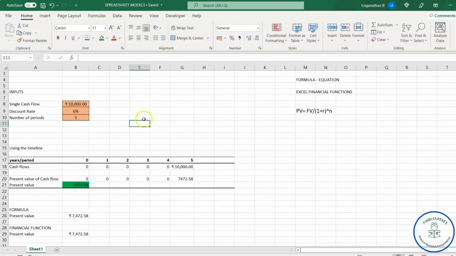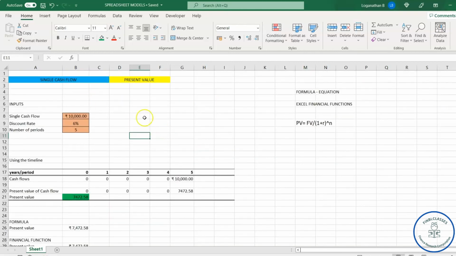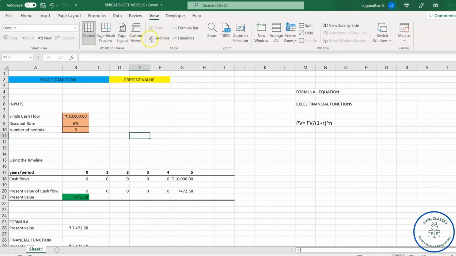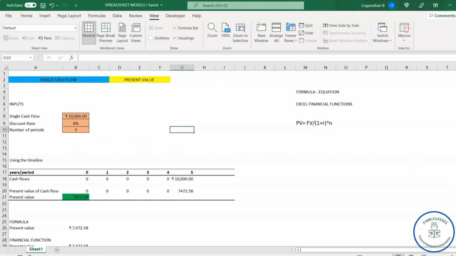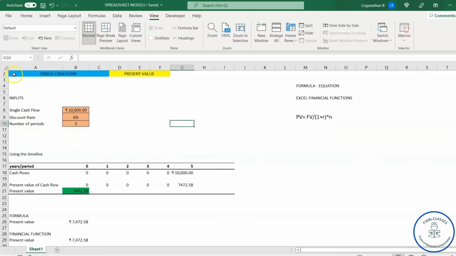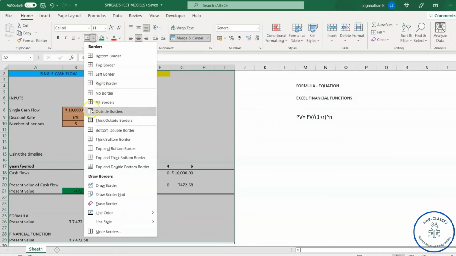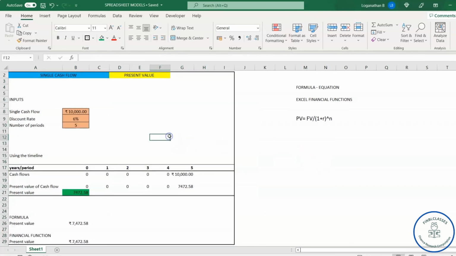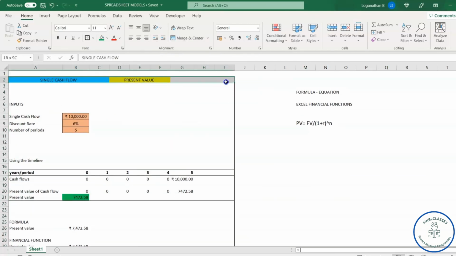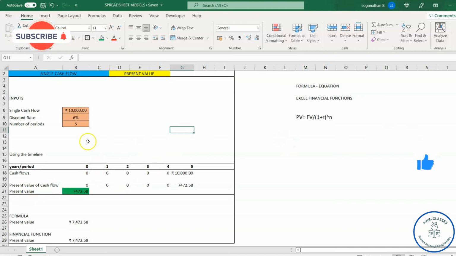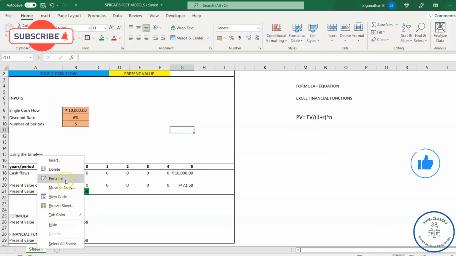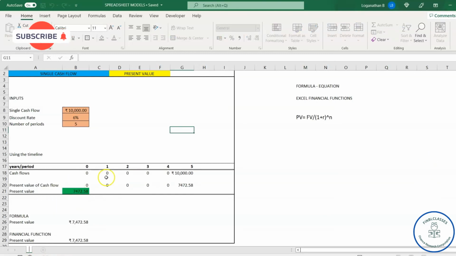So you can just make it easier to see. You can go here and remove the grid lines from the View tab, go to gridlines and remove this. So you find that the model becomes easier to read. Now if you highlight this one, go to Home and make a border, enclose it with a thick border. So this will show you a little bit of an easy way of manipulating the model. This is your typical simple model that you can build up with your PV. So I'll just change the name of this sheet to present value, present